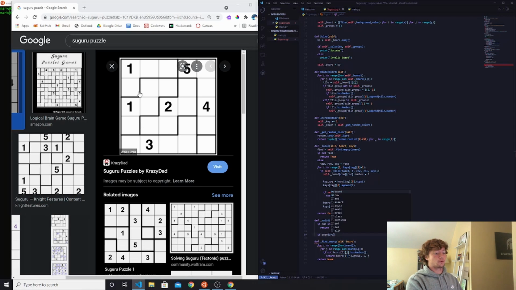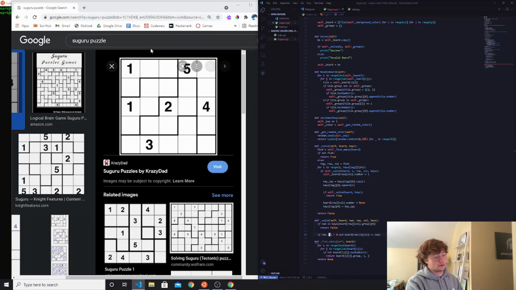So we'll say if board of row, first we're going to check this tile up here. So board of row -1 of column equals number. Okay, but let's say for instance this is out of range, which it is in our case, let's add one more check. So if row -1 is greater than 0 and